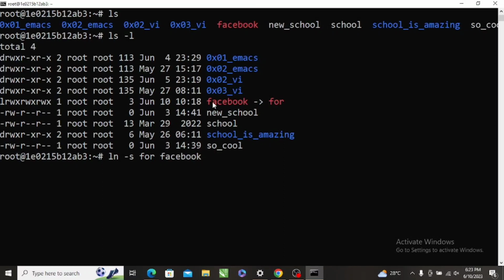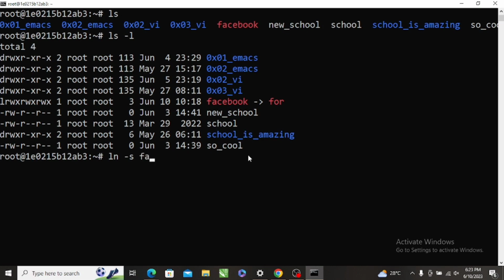file. Okay, so the Facebook is just pointing to the, as you can see, there's an arrow showing that it is pointing to 4. So 4 is the real one. So this one is just a link to this file. So you are creating a link to a file, like a shortcut to a file. So when you click on that Facebook, it directs you to the 4 file. I think it will make more sense if I do